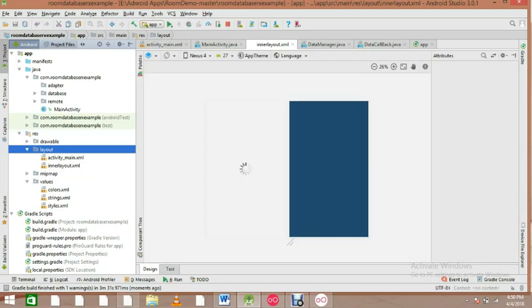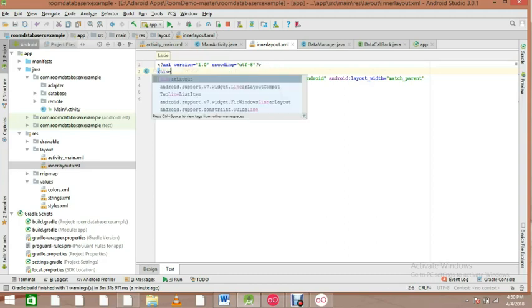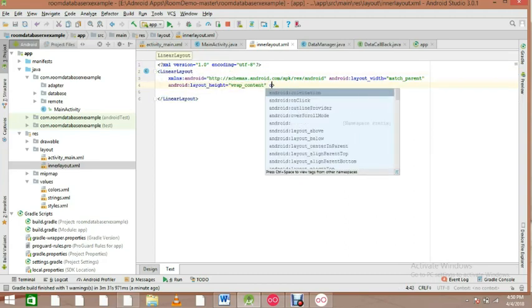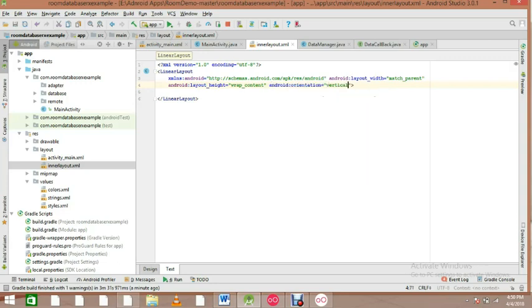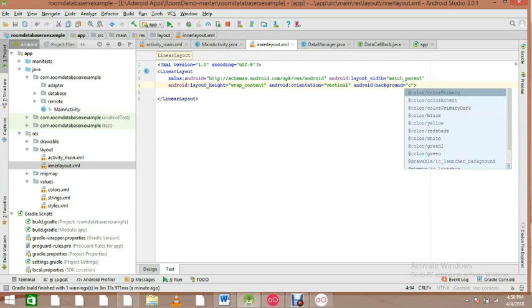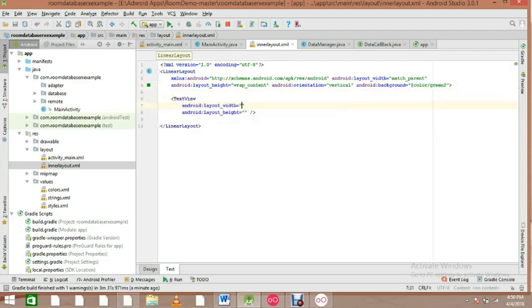Okay, so this is our text. Just simply make it a linear layout, and this is wrap content. This is orientation vertical, and here background color be your green too. Okay, so that's it, and here we have a text view, match parent, wrap content,